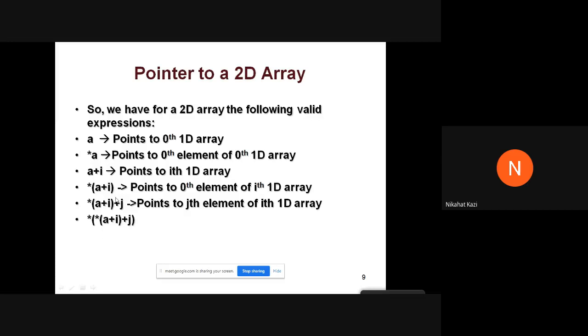Now, if I introduce j, a column number here, I'll be able to navigate to the jth column. So this points to the jth element of the ith 1D array. And if I dereference this with a star, I'll get the value at that address. This is the address of that element in that row, and this will be the value.